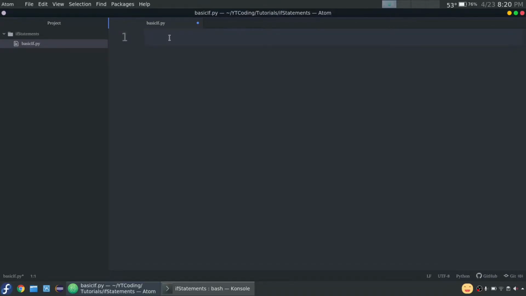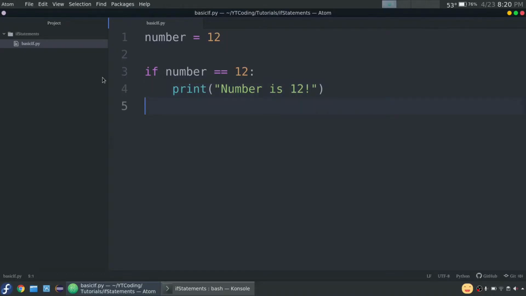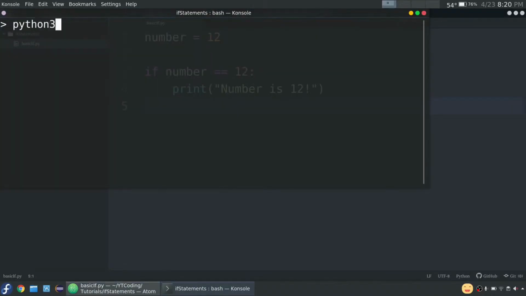So now let's write actual code. Let's first start by defining a number. So we'll do number equals 12. And we'll say if number, two equal signs, and we'll go over that in a second, 12, then, and we'll have it print number is 12. So now let's run this. And we'll run it just as we always do, python3, and then the name of the file, basic if,